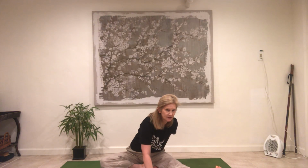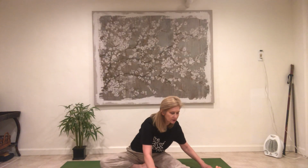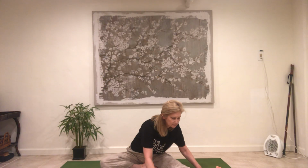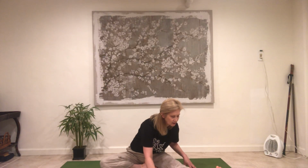If you're feeling this in the low back, allow yourself to come up higher. If you're not feeling any sensation, you can walk the hands forward a little bit until you feel the sensation. Again, only moving to about 70% of your range of motion and allowing yourself to breathe comfortably when you're in the pose. And then inhaling up,